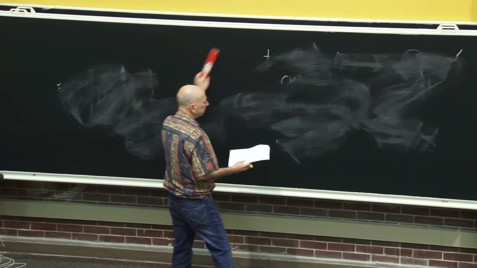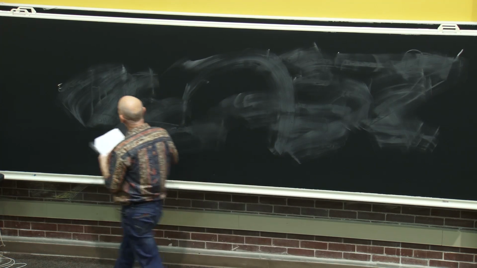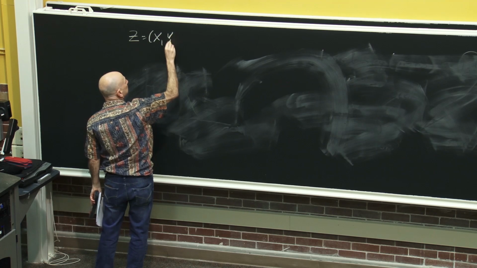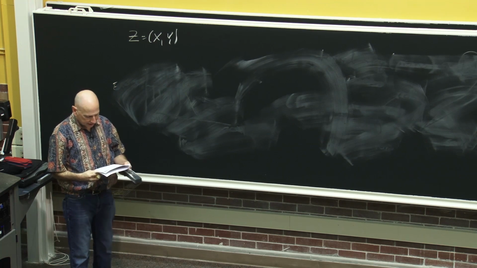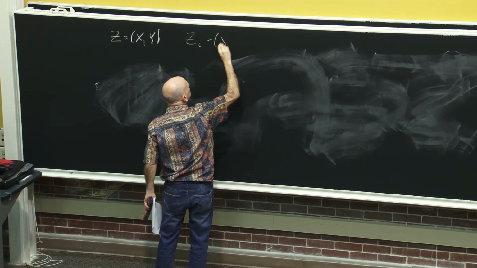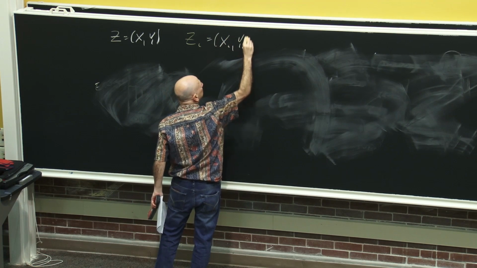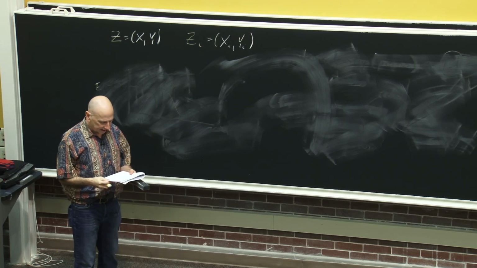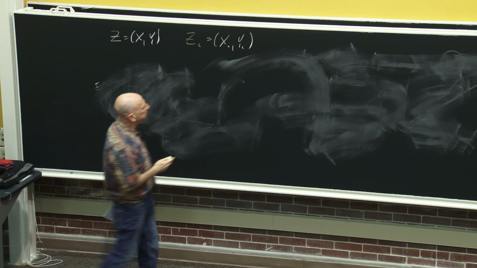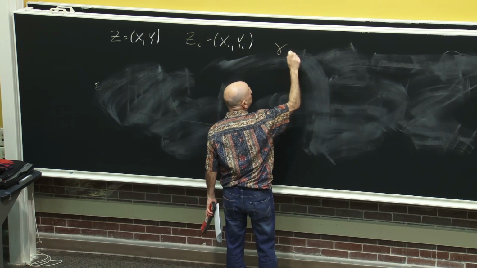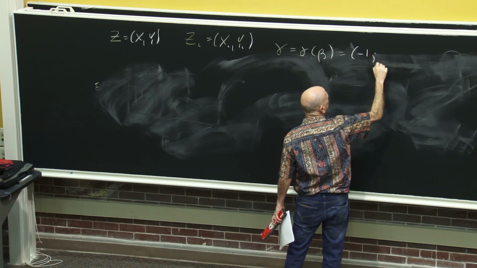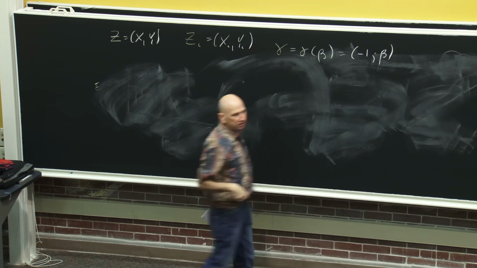All right. So here's the proof. First of all, we have a new pair, x, y. Let's just start calling that z. And similarly, we'll call each training pair zi for convenience. And here's another convenient piece of notation: I'm going to define gamma, which is actually a function of beta, to be minus 1, beta. I'm just going to add a minus 1 in front of beta.